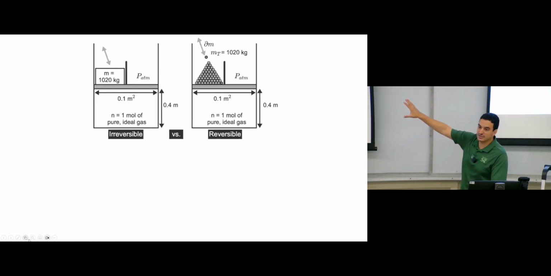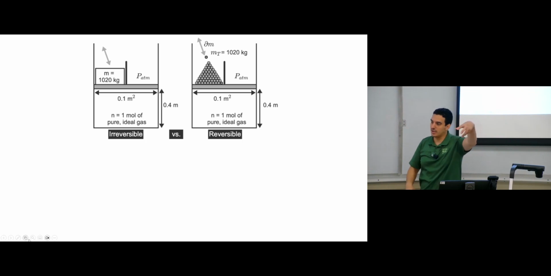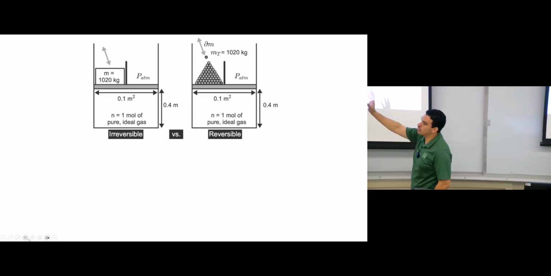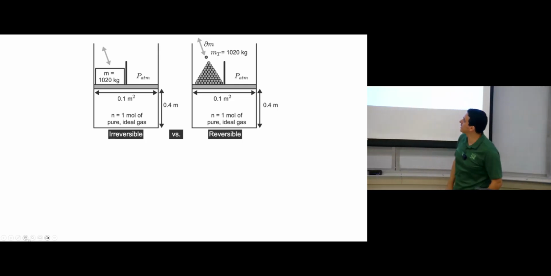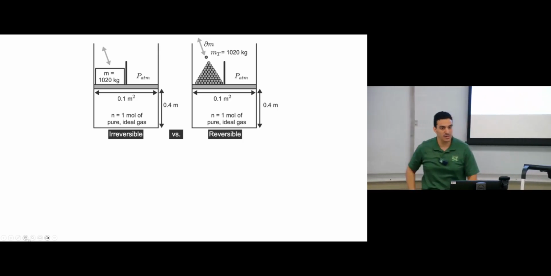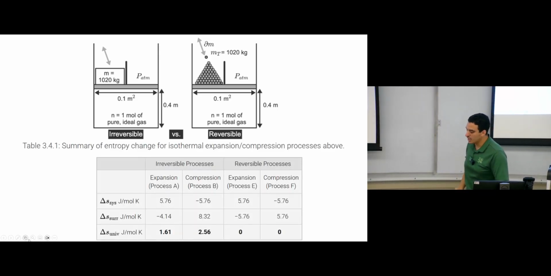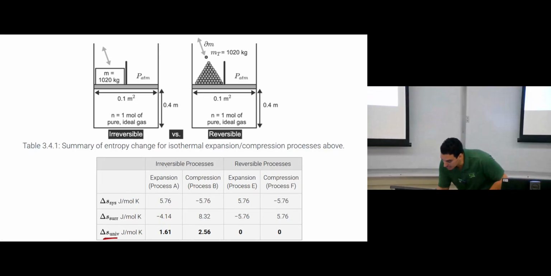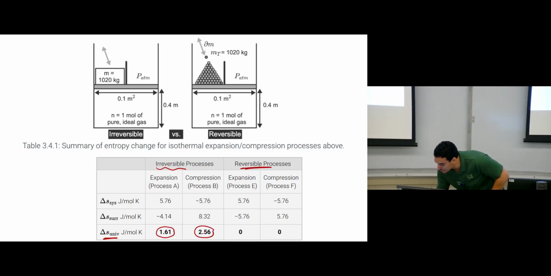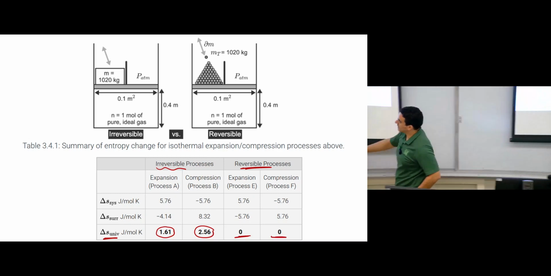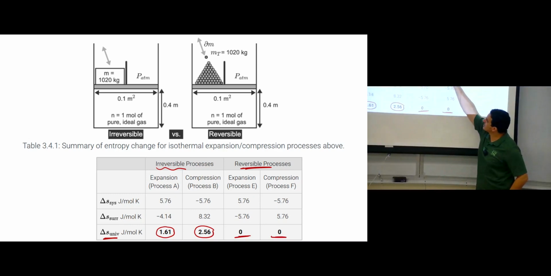Now, if you remember this slide, you remember the example where we put a big mass on the piston, or we use small weights. If you put just one big mass at one time, this process is an example of an irreversible process. If you have very small balls and you put them one by one, then you have an example of a reversible process. If you make the entropy change analysis, delta S will be positive for the irreversible process and delta S will be 0 for the reversible process. These are the two examples here.